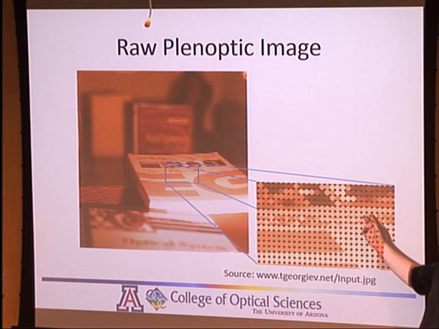And so if you take two of these, you can think of this as a stereo camera, right? With two of them, you can find features in each image that tell you the distance of the target. But now you have 1 million of these, or at least a couple 100,000, and so each of those pairs